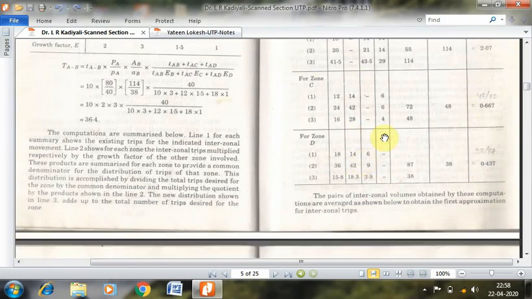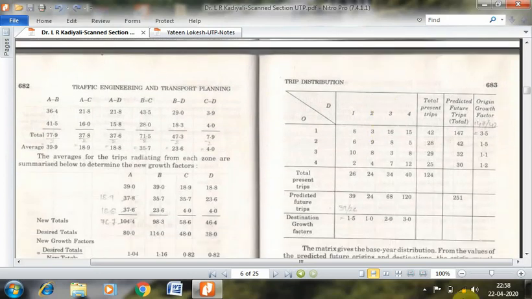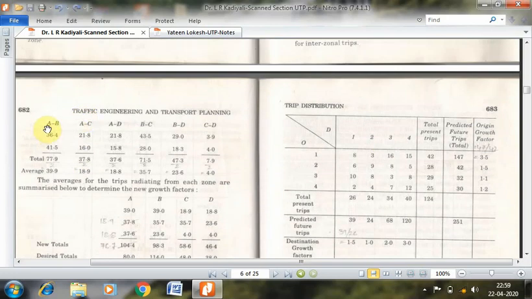In this way, you will be calculating each element for all the zones and filling up the contents in the table. Once this has been done, you will move to the next step of solving this problem by categorizing the trips between certain zones. There are 4 zones here: A, B, C and D, and this is how you will create a new table having AB, AC, AD, BC, BD and CD. Whatever new elements you have got need to be entered in here.